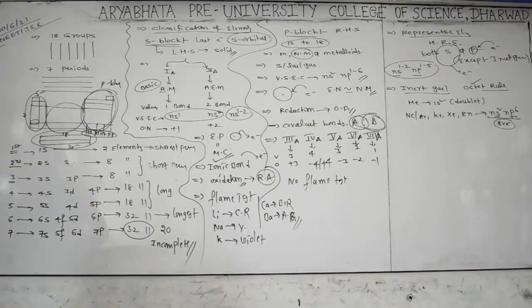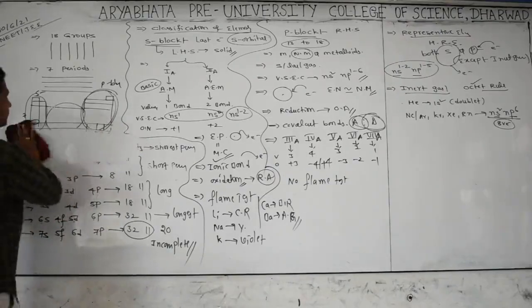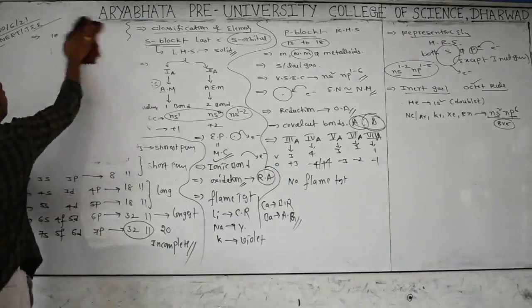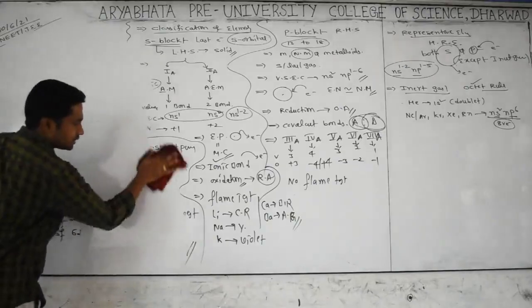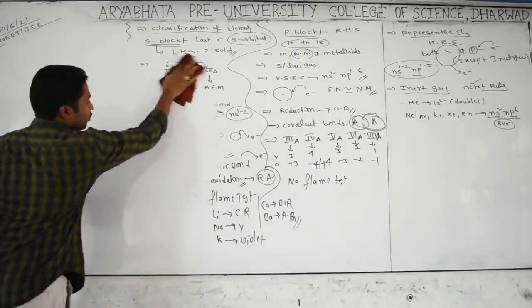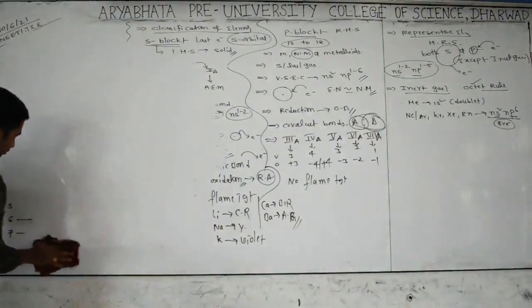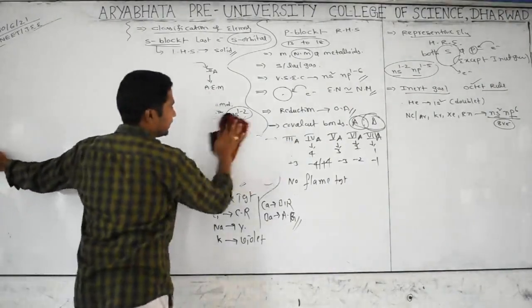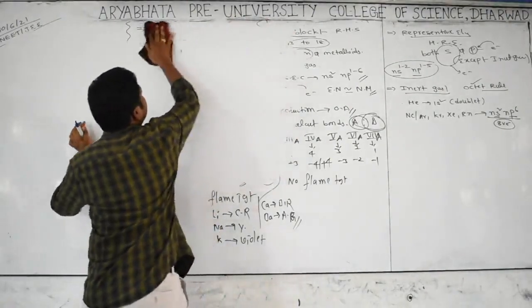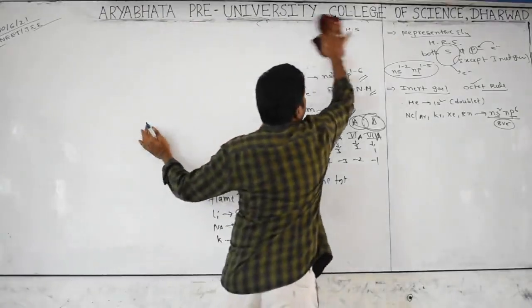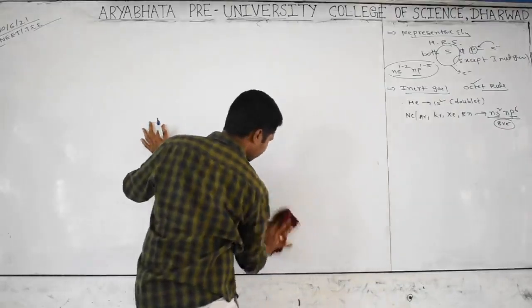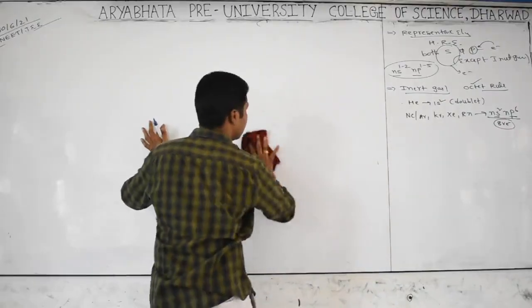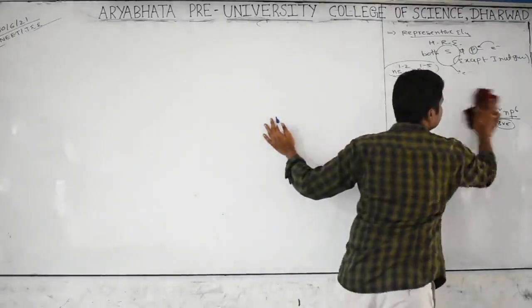Now we are going for some other things, D block elements. D and F block elements are also very important. I am stressing here only what is important from a competitive point of view. Observe very carefully, listen carefully. S and P block is over. Now we are discussing the D and F block. The D block is very important.